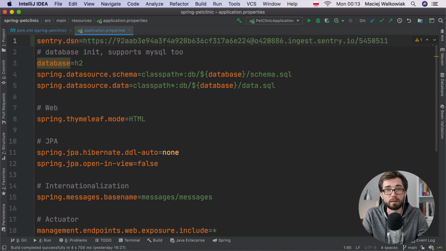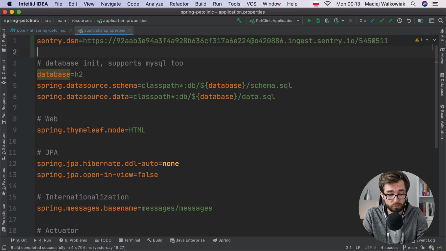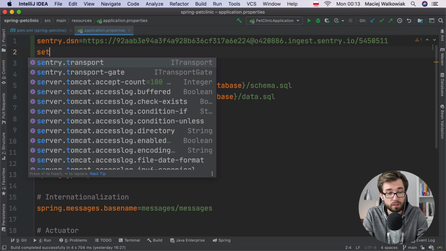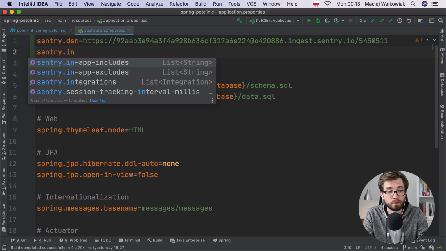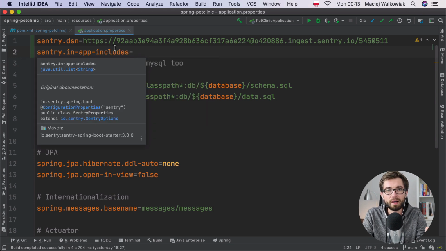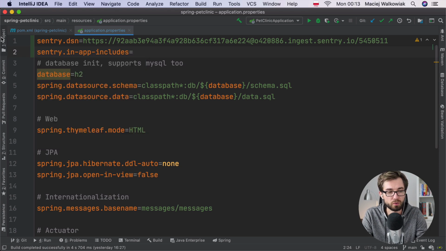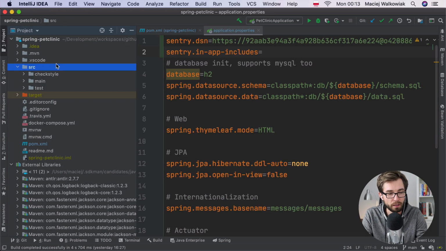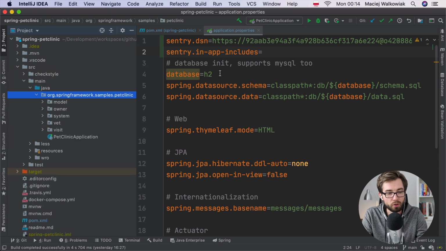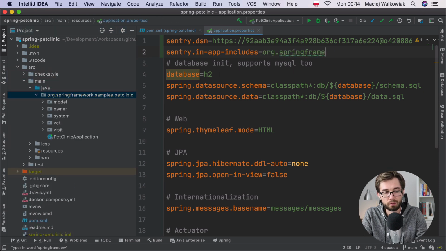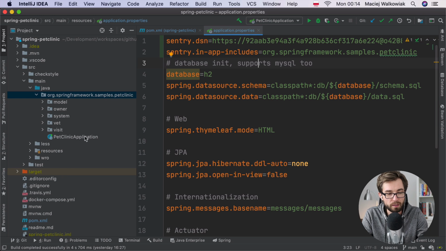There's one more thing that I would strongly advise to configure. It's sentry.inAppIncludes. And as the value, you put your packages. So not from the third-party classes, very likely, but from your source code. So in this case, in Spring Pet Clinic, it is going to be org.springframework.samples.petclinic. So now, when I run the application,